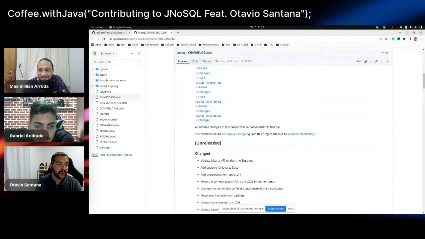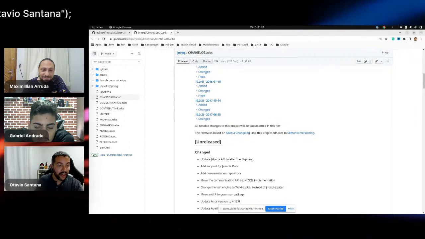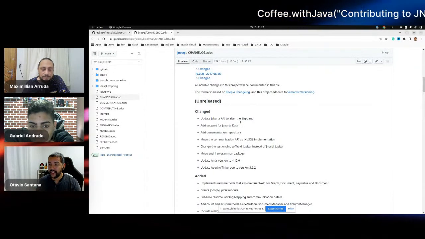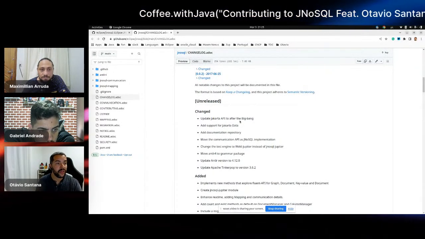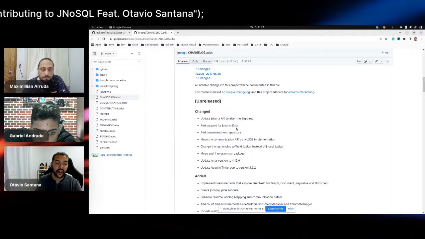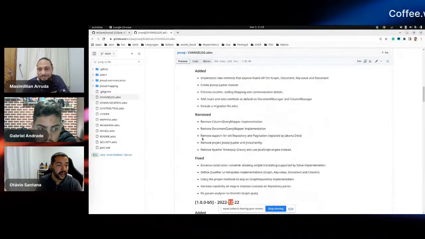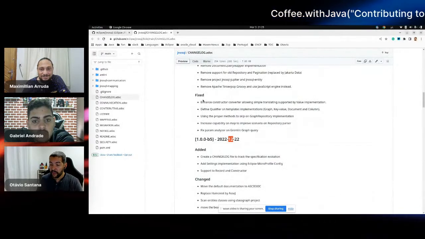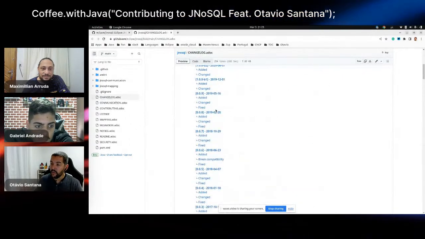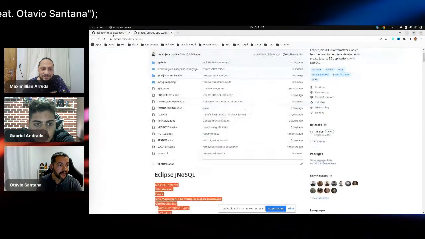And right now, as you can see, we need to release this version as soon as possible because we have a lot of things. So the change was a big bang. Right now, the idea is for Jakarta NoSQL to work with the latest version, with support to the Jakarta Data API, and so on. So a lot of things were changed, added, removed, and of course, as with any kind of product, fixed in this version. So the README has the descriptions, and this one here has the change log.